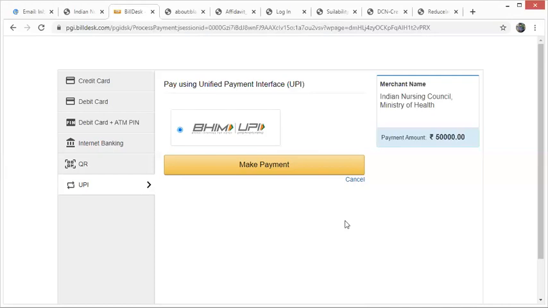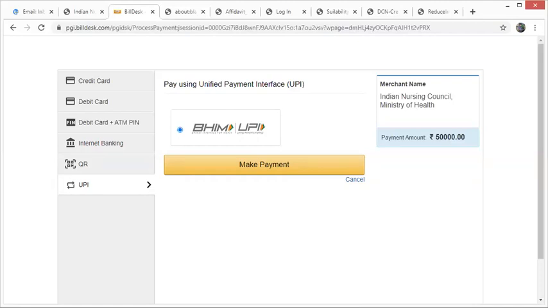After 2 days, we will inform you whether the transaction has happened and we have received the amount in the Indian Nursing Council account. So it is necessary to wait for 48 hours.